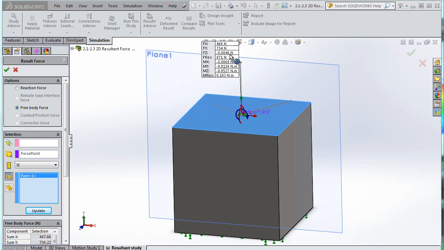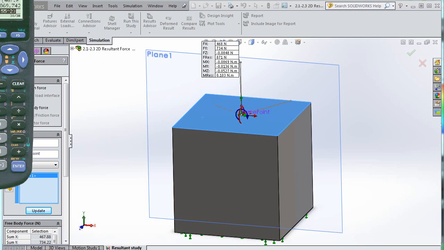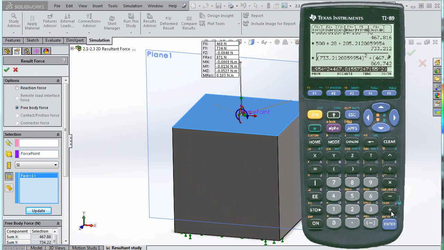And they do have a Z direction, but you have to remember that this is a computer and it's using different methods. It's not solving it the same algebraic way that we are, so it does get slightly different answers. But the total resultant force is 871. Ours was 870. So if I take our answer minus their answer, which is 871, and I get an error analysis by dividing by the real answer, I can see that the percent error is actually less than 0.1%,